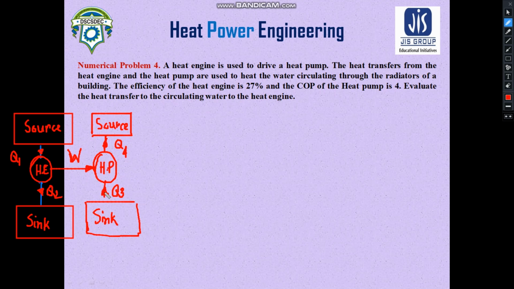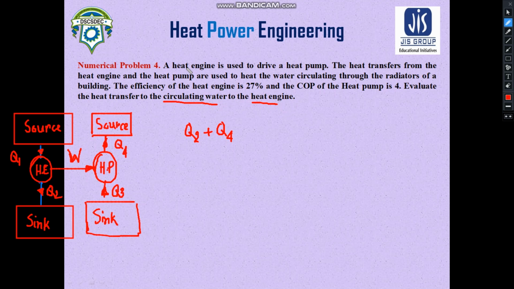The question is, this heat pump receives Q3 amount of heat from the sink, whereas it delivers Q4 amount of heat. So the heat transfer from the heat engine is Q2. Q2 is the heat transfer from the heat engine, whereas Q4 is the heat transfer from the heat pump. So the question is, you need to find out the heat transferred to the circulating water to the